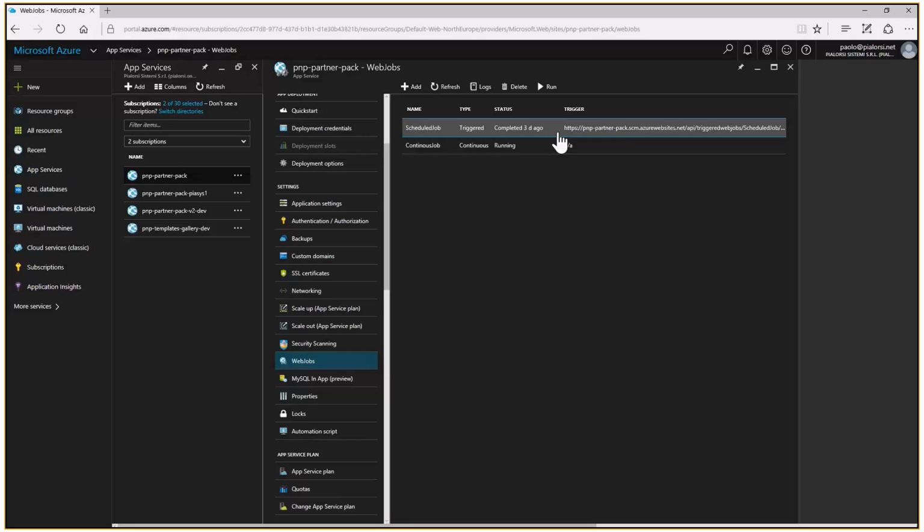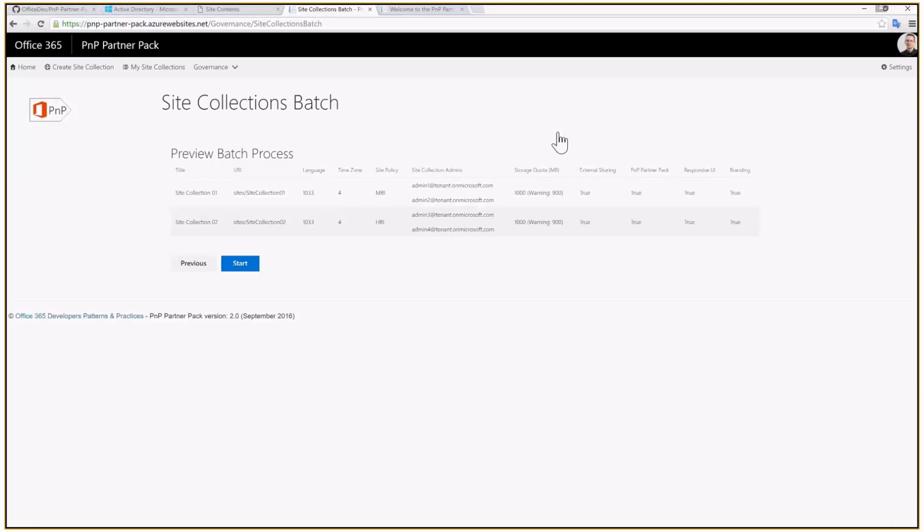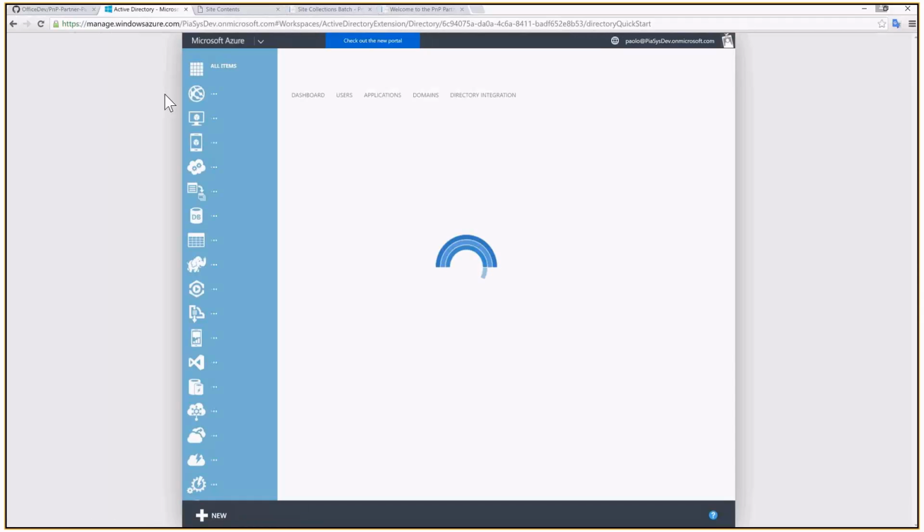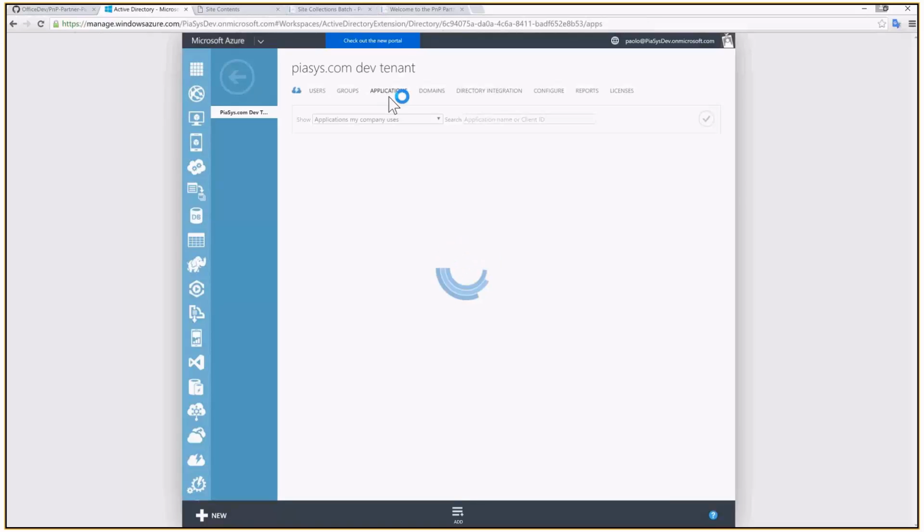These jobs and the Azure App Service will consume the Office 365 environment and the SharePoint Online environment using the REST APIs and the client-side object model of SharePoint, thanks to an Office 365 application registered in the Azure Active Directory tenant, which sits under the cover of every Office 365 tenant. My tenant has the following Azure AD tenant, which I will show you as soon as it is ready. And you will see under the Applications section of my tenant, let me go there directly,